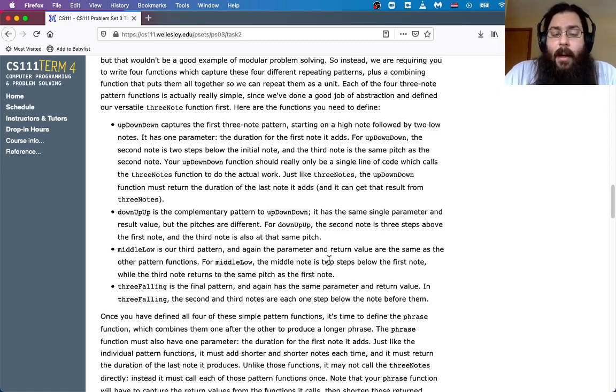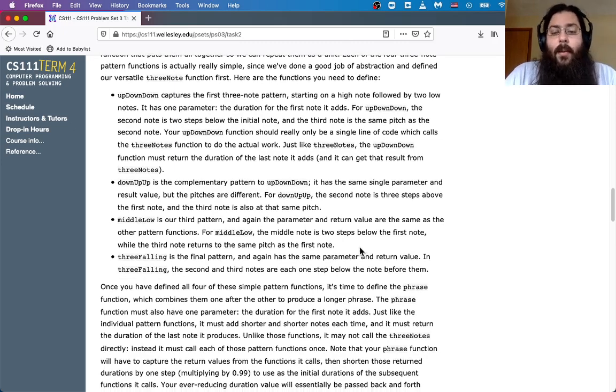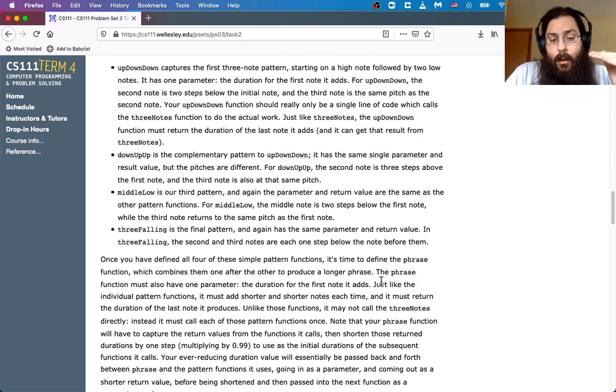Middle, low is the third pattern. Again, same parameter, same return value, and the note sequence is starting pitch, then 2 steps below that, and then returning to the same starting pitch again. And then 3 falling is our final pattern. It has a starting pitch, a note 1 step down, and a note 1 more step down from that. So it's note, step down, step down. And so those 4 pattern functions, each of them really simple, should be super quick to write,